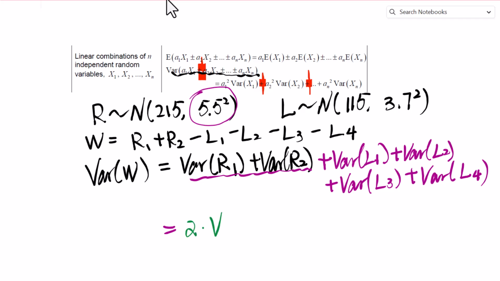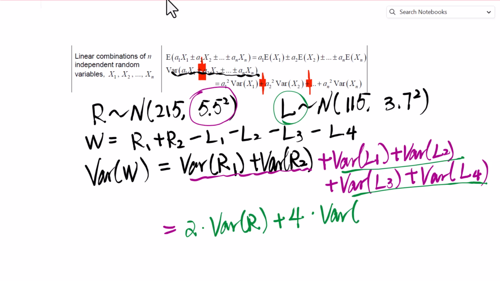So 2 times variance of R plus variance of L1, variance of L2, variance of L3, and variance of L4 equals variance of L. So 4 times variance of L equals 2 times 5.5 squared plus 4 times 3.7 squared equals